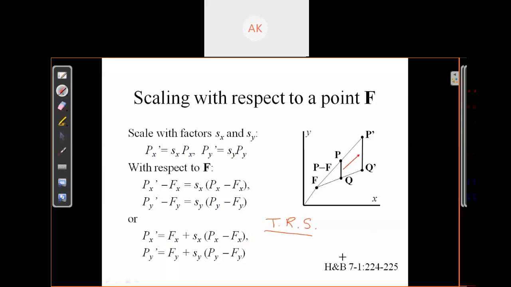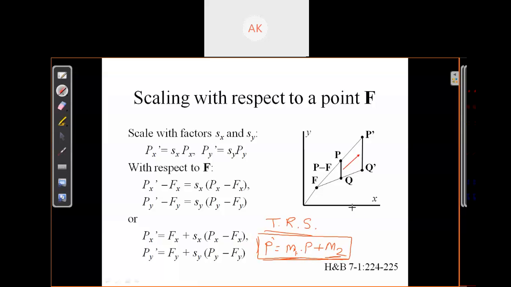As you've seen, the equation of your transformation is in this form: P dash equals M1 into P plus M2. This form we have seen for all the transformations, where M1 may be a rotational matrix or scaling matrix, and M2 is an additive matrix or translation term.